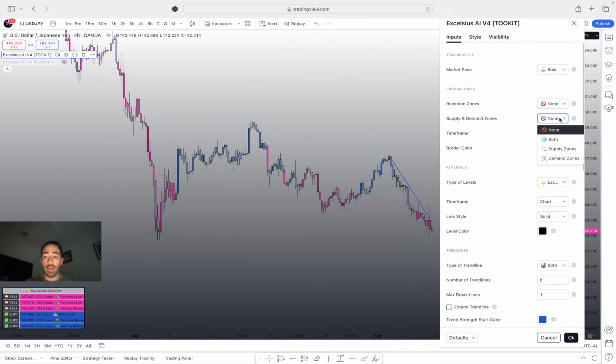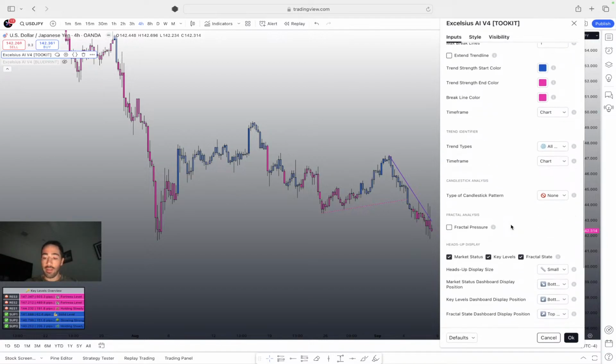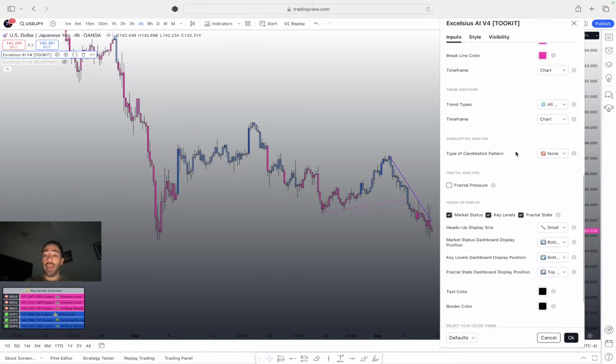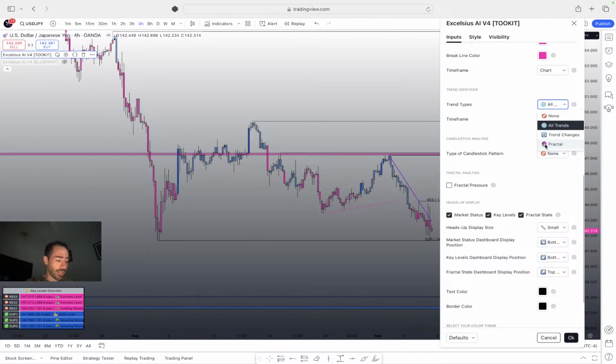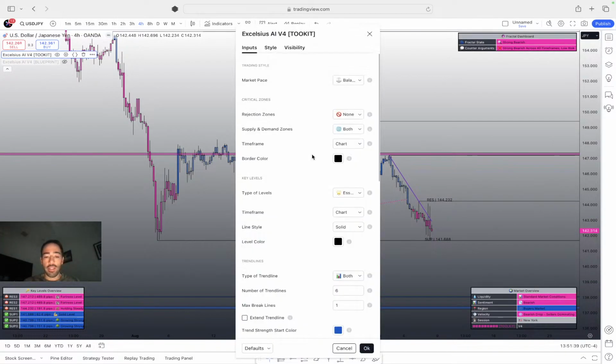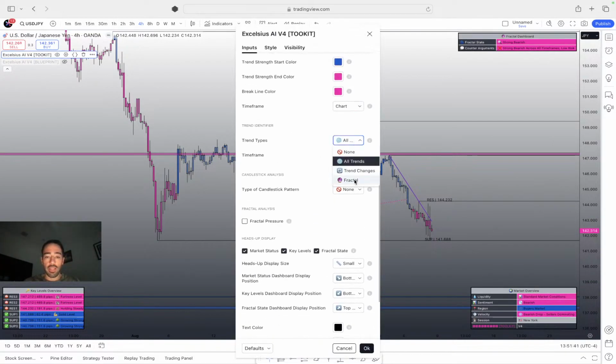But yeah, trend lines are good to go as well. And then again, you can control the color too, which is really nice. And now we do have all new fractal analysis, which we'll talk about just because we're moving into the trend identifier, and we do have fractal states in here too. Fractal analysis is really, really exciting,